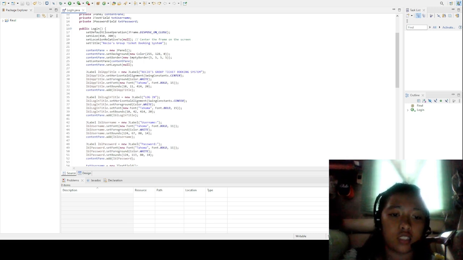The constructor sets up a login window, including its size, appearance, and layout. It initializes the components such as text fields, buttons, and labels, and configures action listeners for the login and cancel buttons. Third, the action listener for the login button. When the login button is clicked, it checks if the entered username and password match admin.